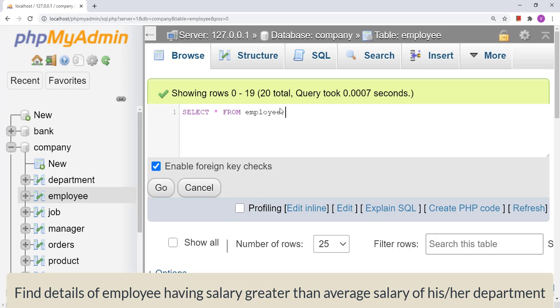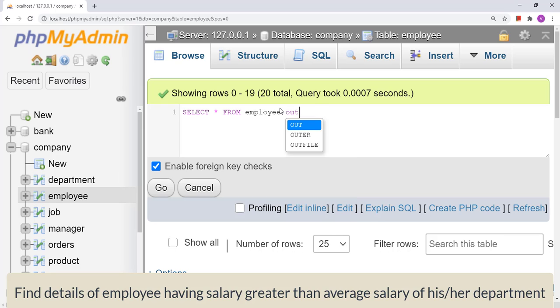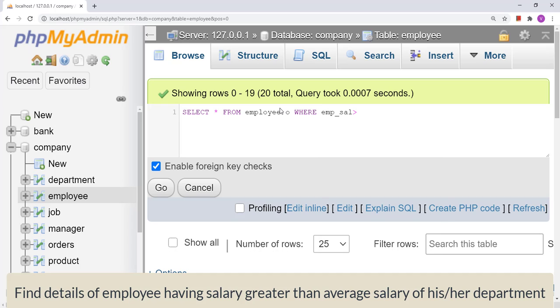Now I am going to give this instance the name O, which represents outer. Now we need to compare whether the salary is greater than the average salary, so it will be where employee salary greater than.